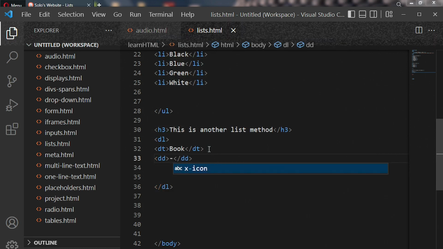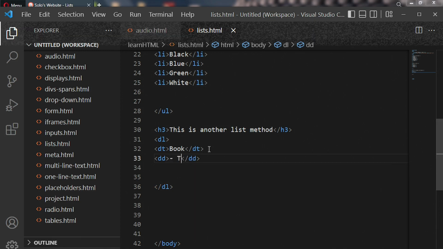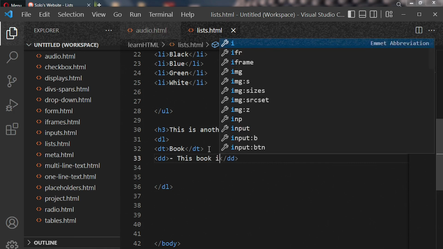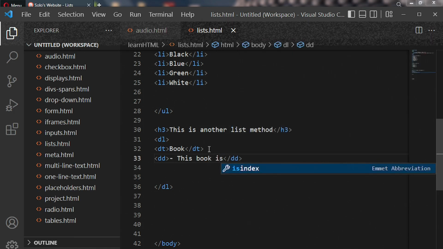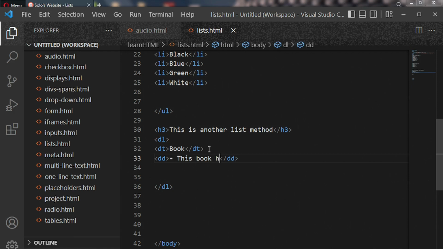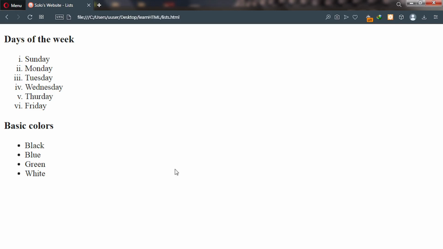Now we need to talk about this book. Okay, so let's say this book has 200 pages, like this. Let's go to our browser and then reload our page. You can see this is our description term, and this is our description data. Okay,